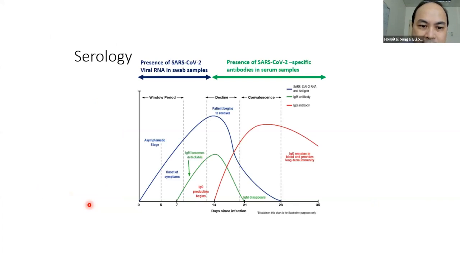One slide just to tell you about the testing and why there are different tests for COVID. This is time, the days since being admitted. You've got three lines here. The blue line tells you how much virus there is in the body, and then it shows you the IgM levels and the IgG levels. As you all know, IgG occurs later than IgM.